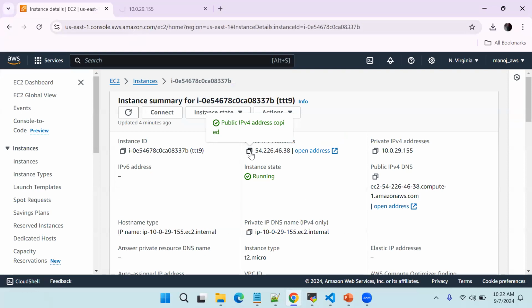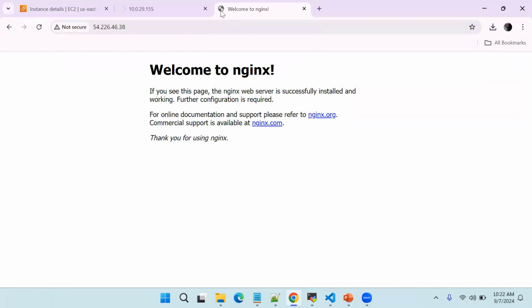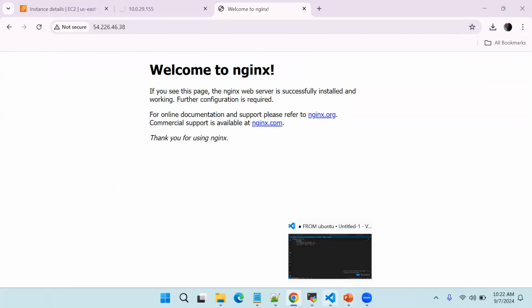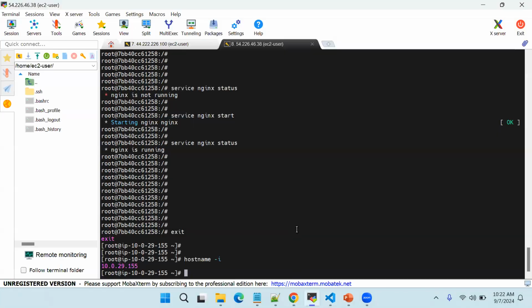IP is 54. Okay, so it's coming now. Okay, so it means that our Nginx is working perfectly. Okay, so this is how our Docker file we can write. We can write here, and